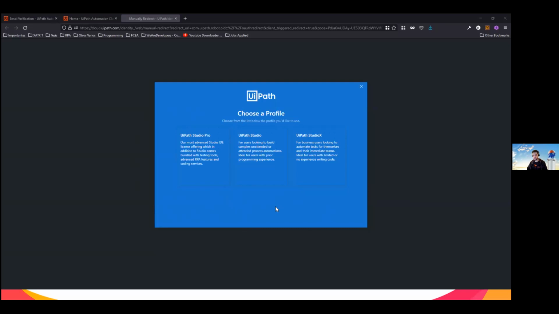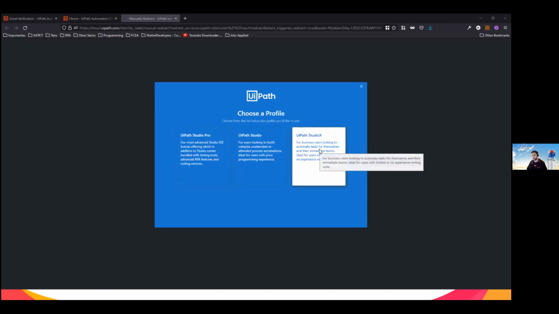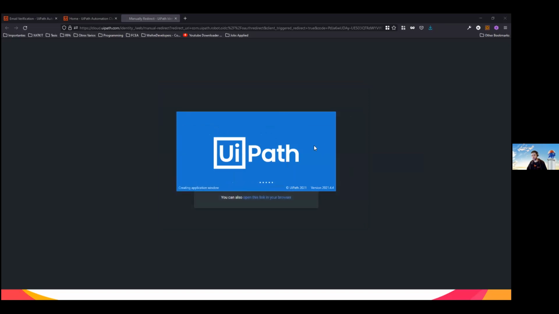But here at this screen, you need to choose UiPath StudioX as profile. This is the profile that we are going to use during the sessions. And don't bother, it's not a huge problem. You can actually go and change it back into Studio Pro, or even back to StudioX if you want to just look at it. I'm going to show it to you right now.